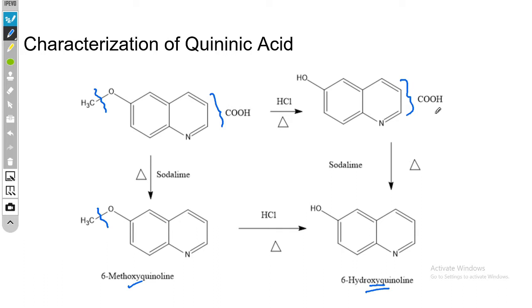This position of the carboxylic group in quinoline was confirmed by further oxidation of quininic acid with chromic acid, which yields pyridine 2,3,4 tricarboxylic acid. Quininic acid on oxidation with chromic acid CrO3 in presence of H2SO4 gives